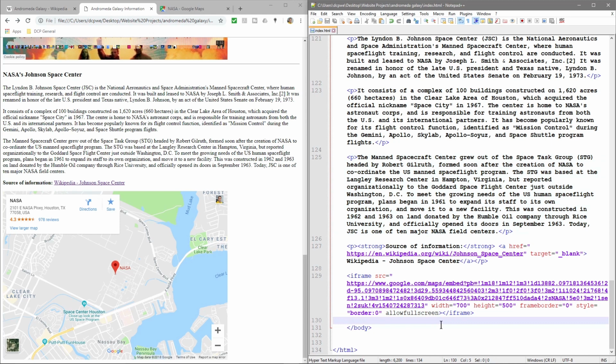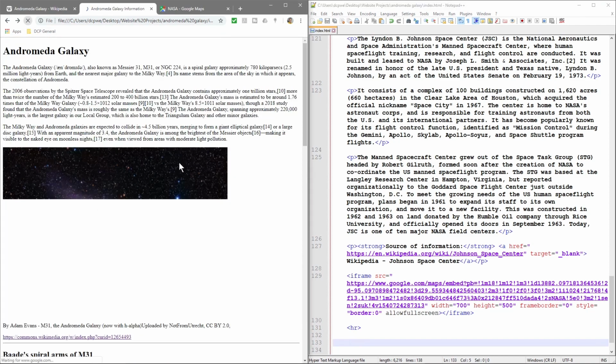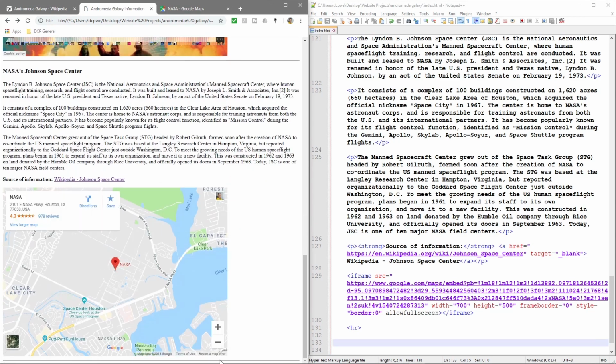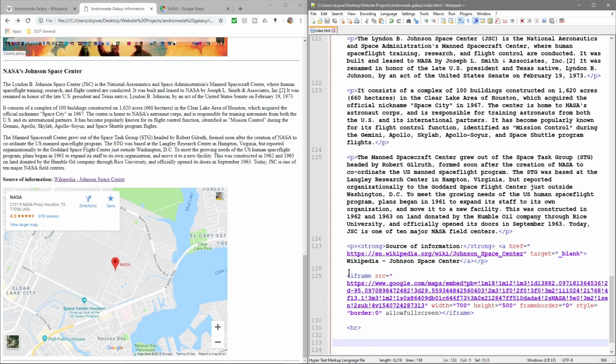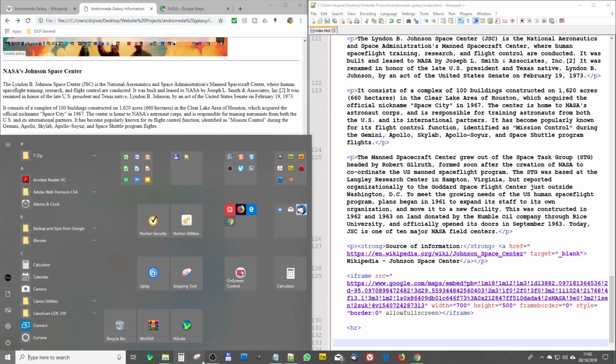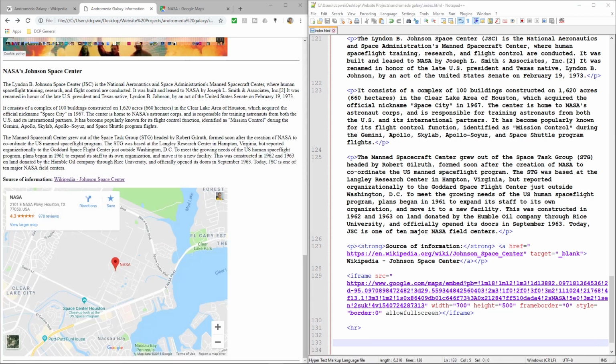Let's put a horizontal rule here and save it. That will draw a line right at the bottom here. And let's have a little think here. So we've done tables. Let's do